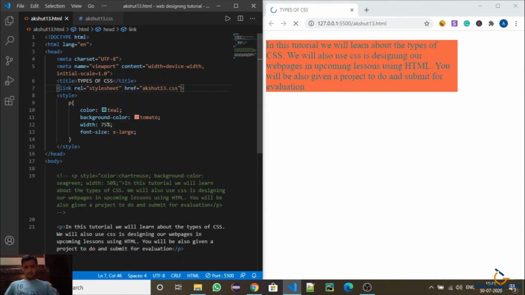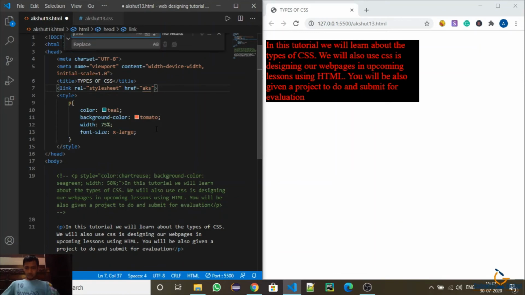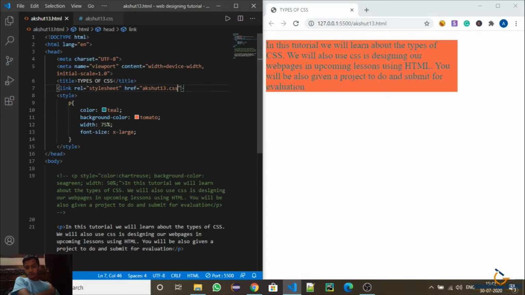I will save it. Now you can see again it is not taking effect. If I comment this out and save, then it will take effect. And if I don't comment this, then it will not take effect.